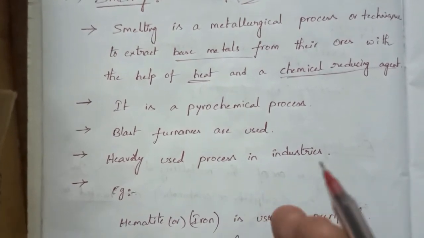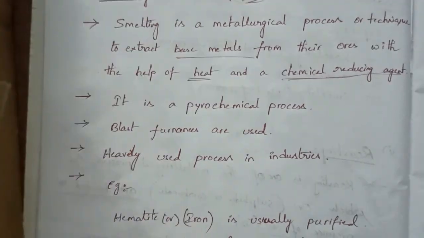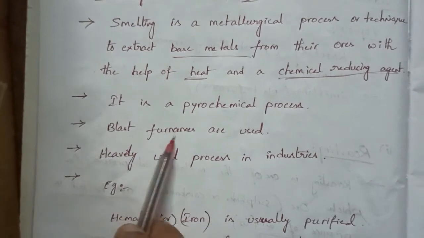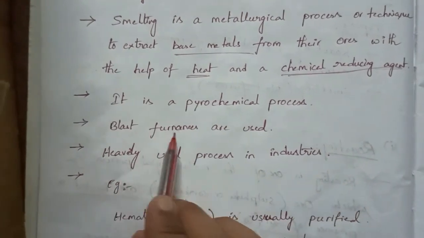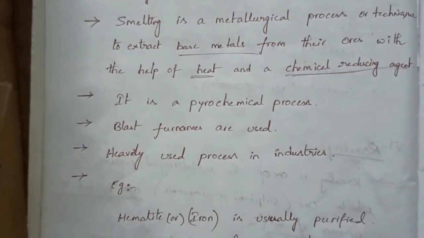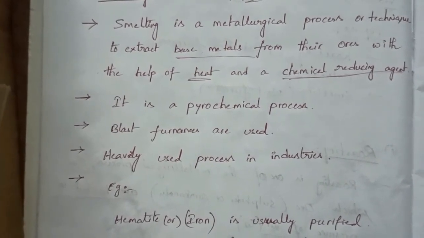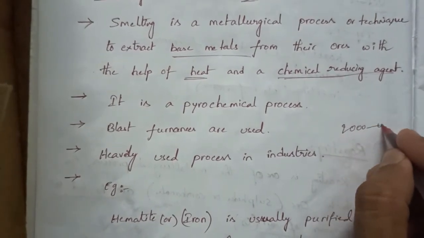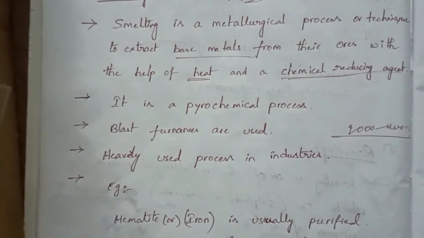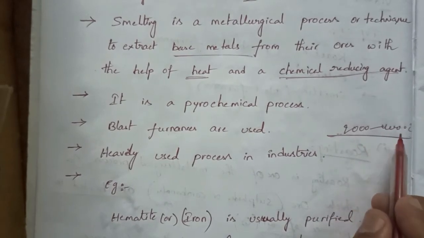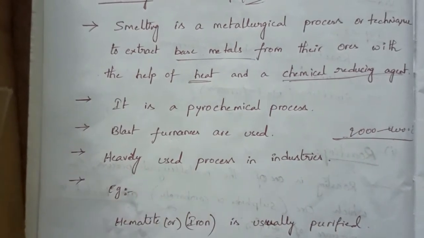Why? Because those are lengthy to explain, and I will tell you what a blast furnace is in a simple way. A blast furnace is like a stove in common language. I am just elaborating to explain to you. A blast furnace is like a stove, but it can tolerate a high amount of heat. Normal furnaces can't tolerate that amount of heat, for example 2000 to 4000 degrees centigrade. Normal bricks or normal iron cannot tolerate this temperature, where even iron can melt. At this higher temperature the blast furnace can be operated.